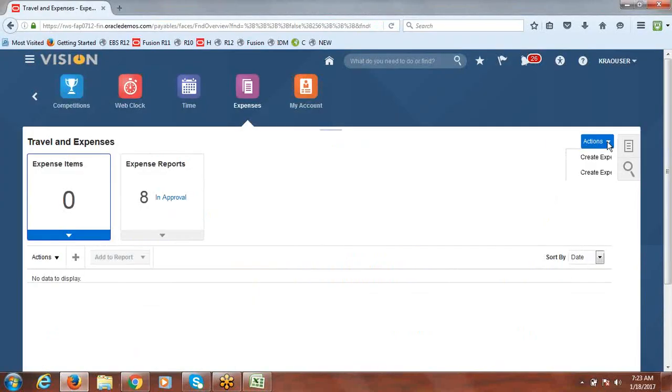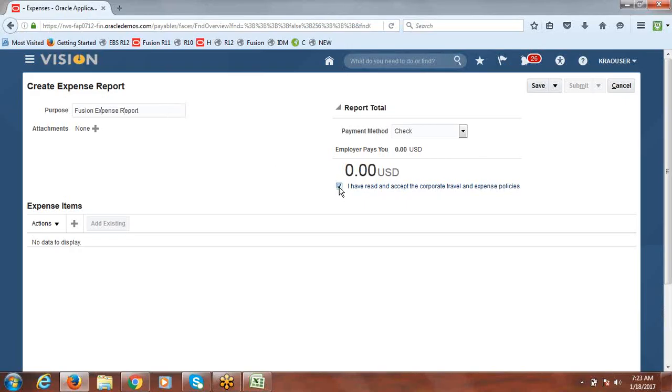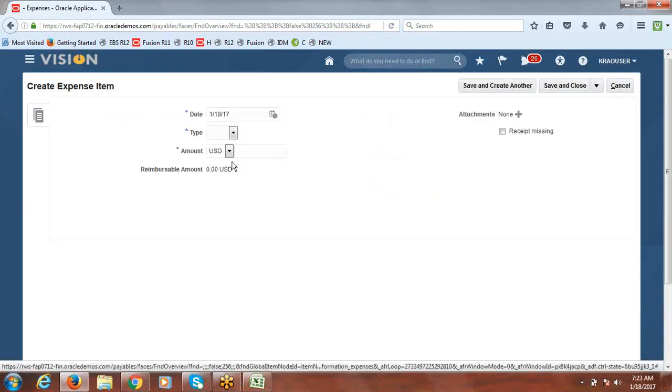So here go to actions, say create expense report. I'll say Fusion, the name you are using, Fusion expense report. Just enable this. We have gone through the terms and all, everything fine, and click on add expense items.